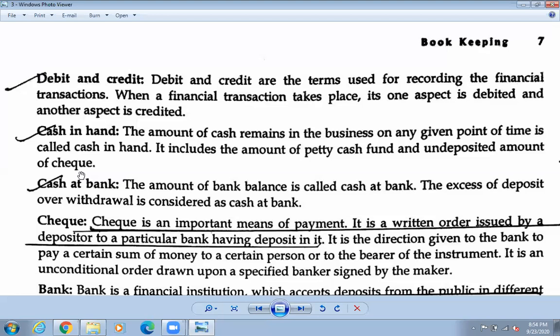No. Okay, so some amounts they are kept at home, they are kept in your purse. Okay, so that is some in time of emergency, so it will be needed. Okay, त्यो हामीलाई केमा चाहिन्छ भने so त्यही भएर हामी निकालिरहेका हुन्छ. So because if you go for buying the vegetables and all, you are not going to pay with the help of check. You need money for that one. Okay, so those amount which is not deposited in the bank but it is with you. Okay, undeposited money in the bank, so that is called the cash in hand.